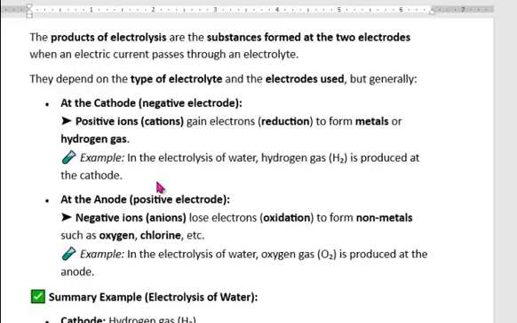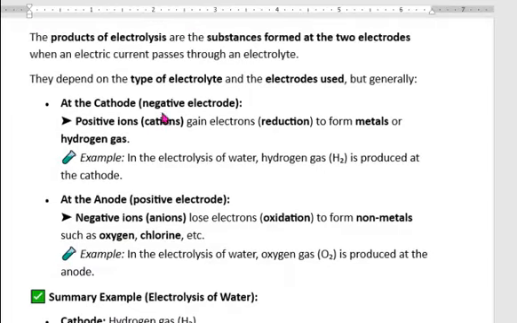That's what we're saying on the other side now. Hydrogen gas is produced at the cathode. At the anode, negative ions lose electrons, oxidation, to form non-metals such as oxygen, chlorine, etc. In the electrolysis of water, oxygen gas is produced at the what? Anode. You can see that now. And that is what we are trying to look at: the anode, positive electrode, and